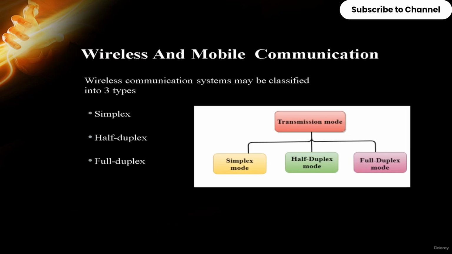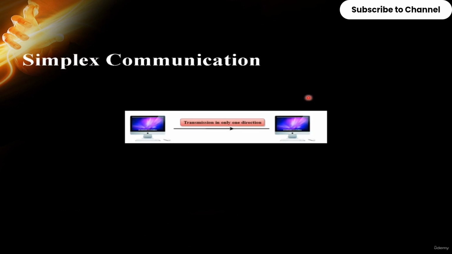Now coming to the actual concept of wireless and mobile communication. There are 3 types of wireless and mobile communication: simplex, half duplex, full duplex. We can say these are the transmission modes of wireless and mobile communication. So, simplex communication: the transmission takes place in only one direction. Examples are